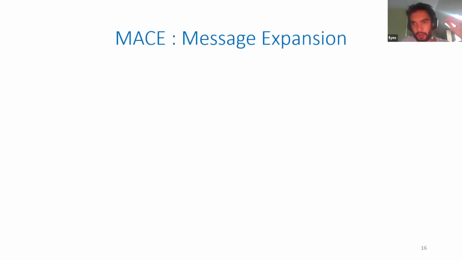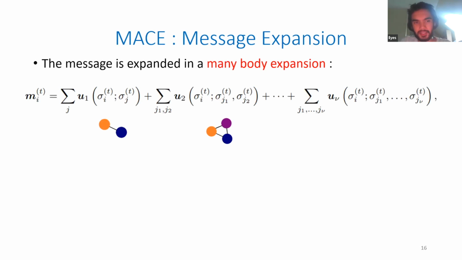So let's dive into the MACE formalism. And the first thing of any MPNN potential is the message construction. And the way the message construction is computed is as a many-body expansion of the states. And so this is what David just said, is that you have different terms, and each term corresponds to a different body order. And if it's body order just 2, then it depends only on 2 atoms' states, and 3 on 3, etc.